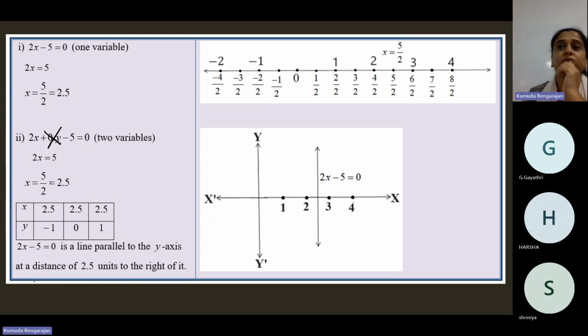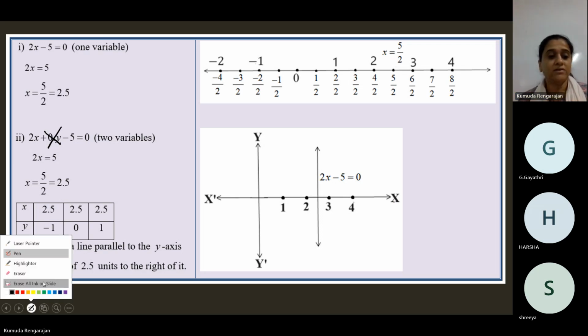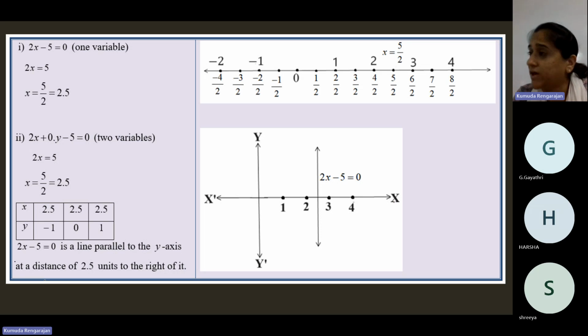Okay, and x is equal to 5 by 2. But the difference here is, the meaning is, x is 5 by 2. X is always 5 by 2 for any value of y, irrespective of the value of y. That's how we understand. That's how you're supposed to interpret this situation. Here, x is equal to 5 by 2 is interpreted differently. This x is equal to 5 by 2 means x is always 5 by 2, irrespective of the value of